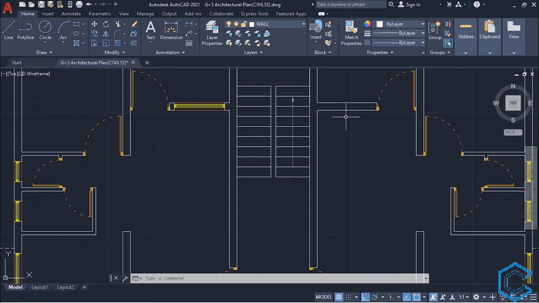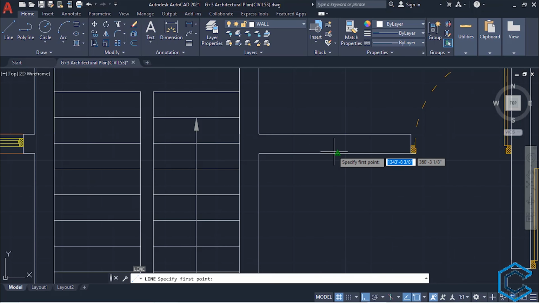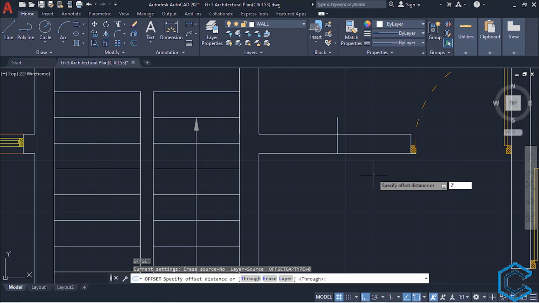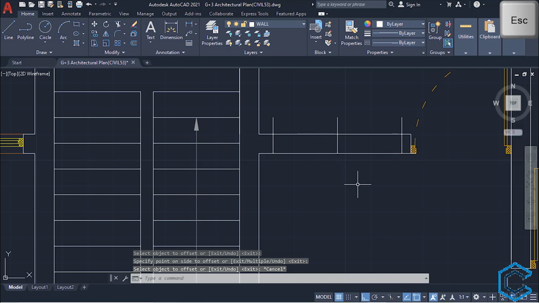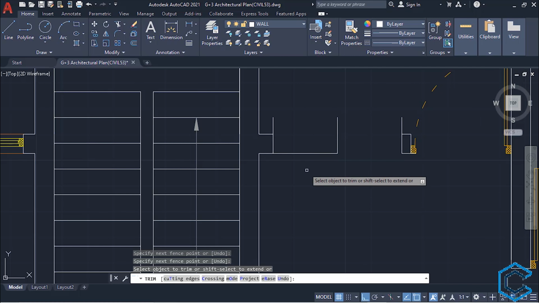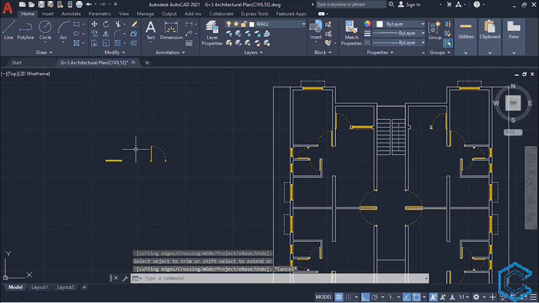Come to this flat. Activate line tool, L enter. Take the midpoint, left click, then left click, press escape. Type O, enter, 2 feet, 6 inches, enter, select this line, press escape, type TR, enter. Now press escape, copy the window,